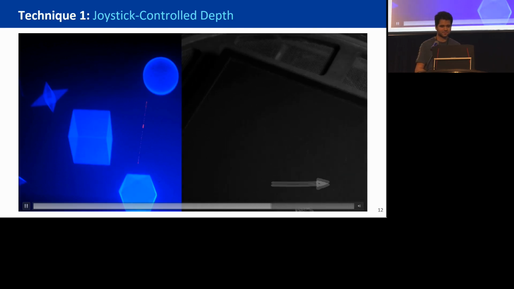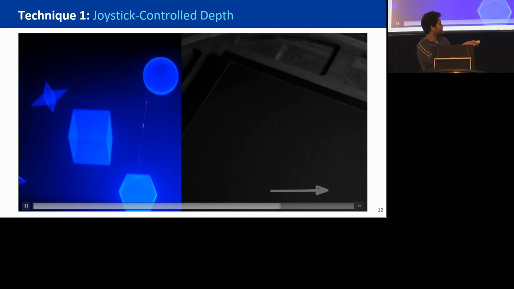Here is how it works. We want to project a point at a specific height. Then, knowing the frequency, what we'll do is turn it on or off depending on where we want to project the laser.